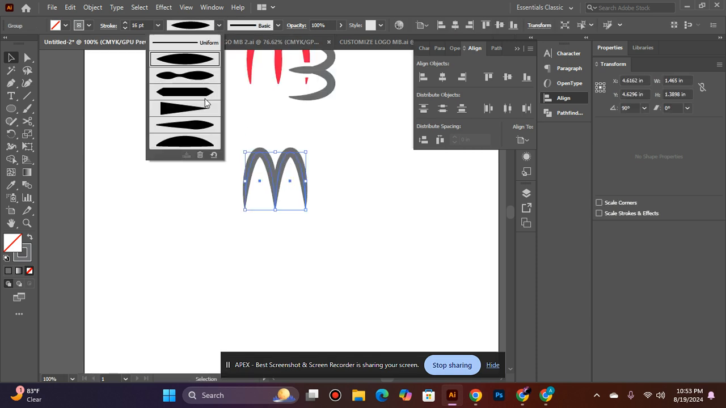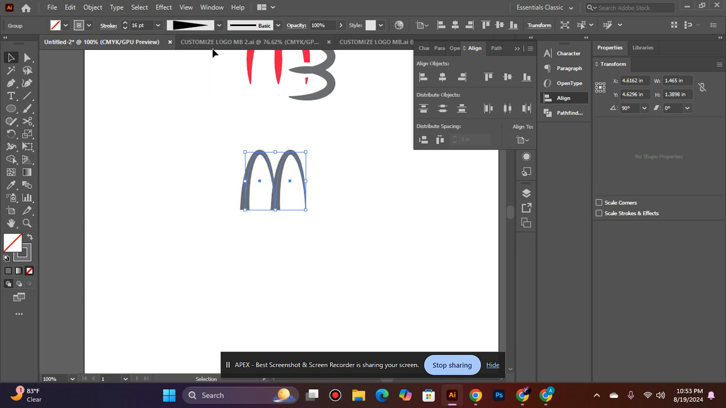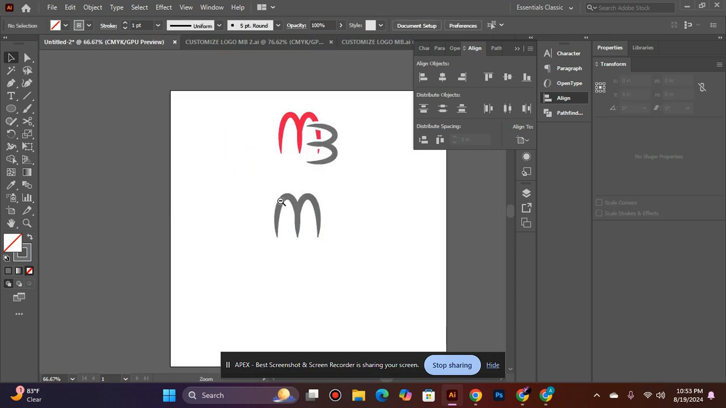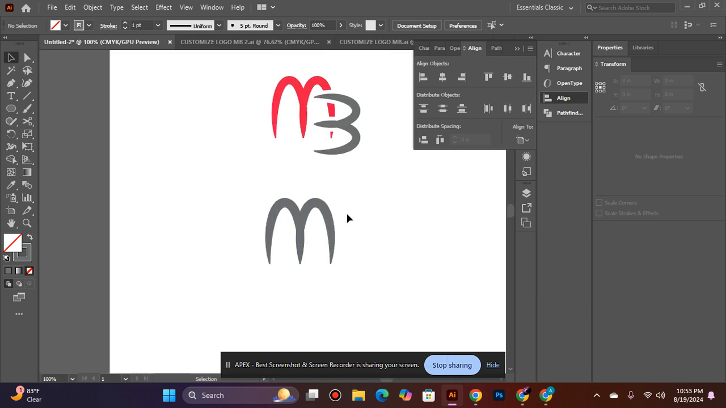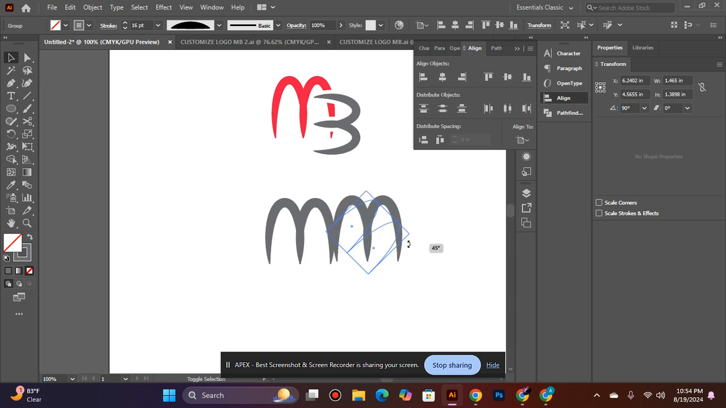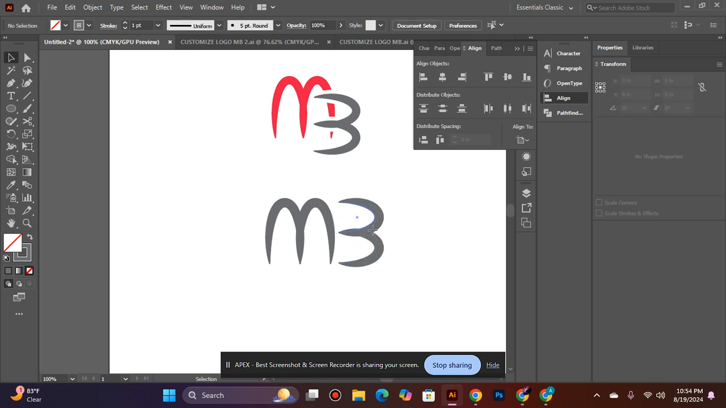Now if you want this, and if you want kind of this, and if you want this, you can also use this, and I think this is the better one. So now again I'm going to simply copy it with Alt to make B, and now rotate it, and this is our